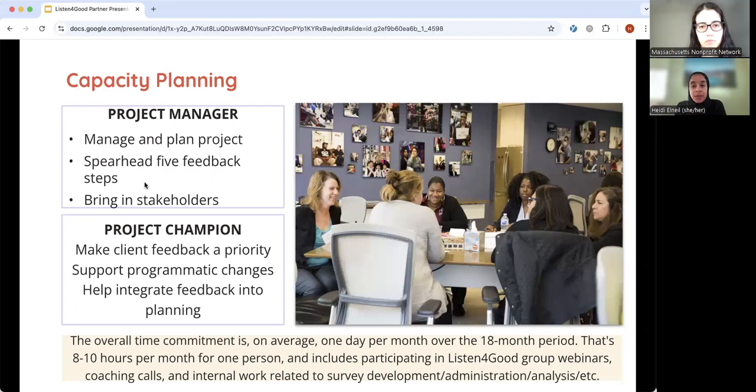is really important, because one of our recommendations is when people ask, well, how often should I survey? Right? How often should I have a survey out in the field? The response is, how often can you do something about it? Right? So if it's yearly, you can respond to the survey and make changes. That's great. If you're working on every other year, thinking about how do you build this into your timeline and how do you actually have staff capacity to do the work can be really important